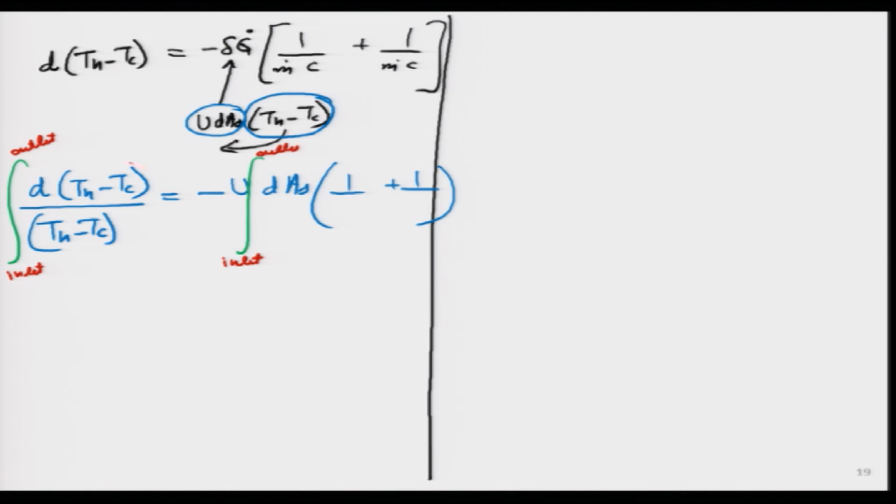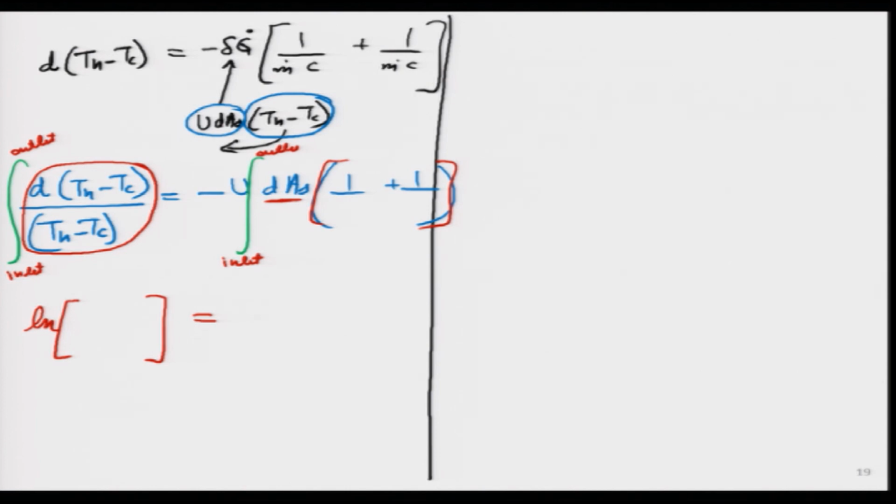So, this thing over here will immediately become a logarithmic term, isn't it? It is like dx by x I am integrating. What will I get? I will get a logarithmic term. Let me go ahead and write that. So, what I will get is the logarithmic term of something equal to the right-hand side. What will I get? I am just integrating this thing, because this is a constant over here. This whole bracket is a constant that I can take outside, right.